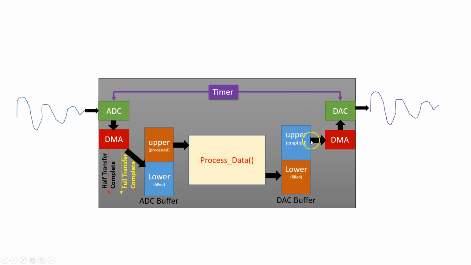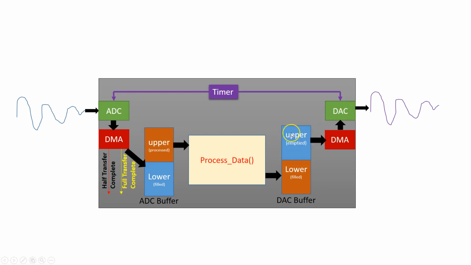Again, we'll do the exact same thing, because the DMA is moving data from the DAC buffer. Again, this is just a memory. So if we had 100 spaces right here, let's say while it's being processed, it was filling the lower half, that means the upper half can be emptied by the DMA into the DAC. This way, we'll get much better control of our data flow, and we will also free up the processor cycles by not involving the CPU itself in the movement of data from the ADC data register into a memory,